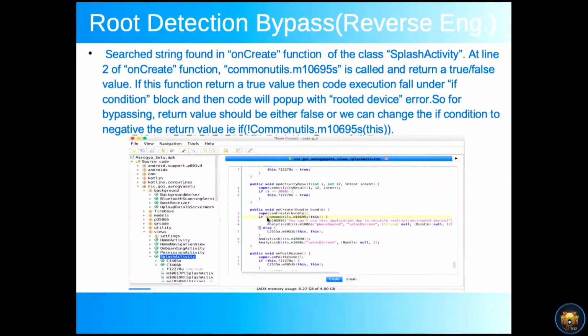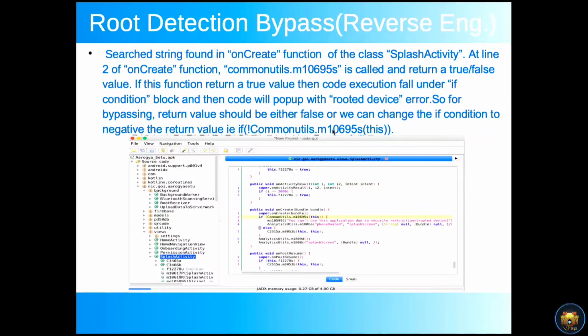So here there are two things to note: either the function should return a false value, or we can negate the return value with an exclamation mark.